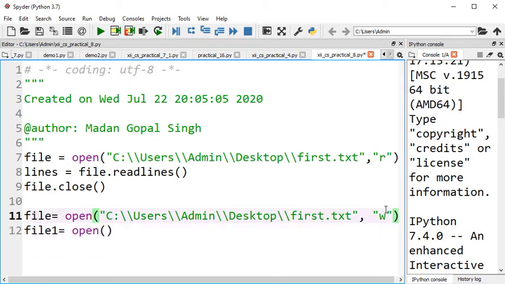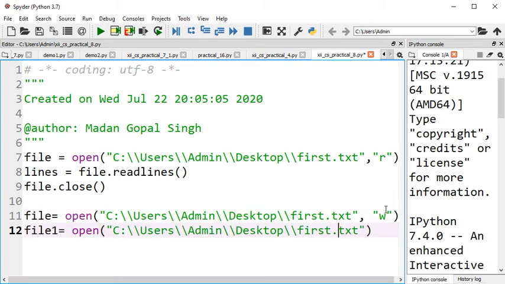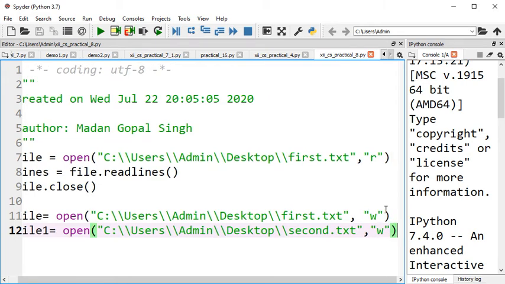I want to create second.txt on the desktop only, so I am going to change the file name to second.txt. We have already seen that second.txt is not present currently. If first.txt contains any line that contains a, it will be moved into this file. If the file doesn't contain any character a, then second.txt will never be created.